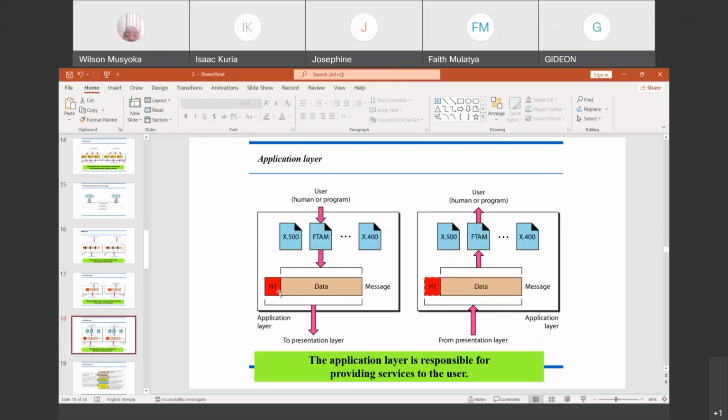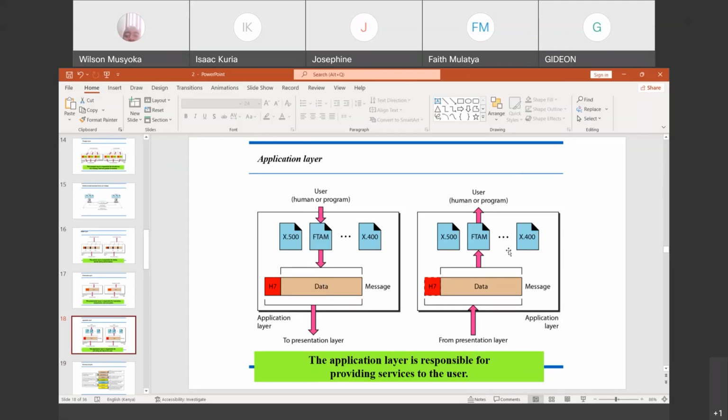That is where we get to the application layer, whereby here you are working with applications that are using protocols like maybe HTTP, which is normally used by YouTube, Gmail, and all of those. Any web browser is going to use HTTP. So when you're using HTTP, then that is the human language or the user language, which we as users can understand. And that is how we can get services from these systems. So that is prepared and then passed down to the presentation layer for all those other activities.